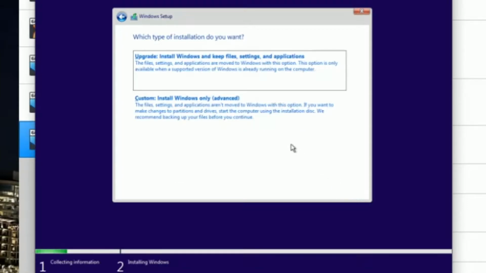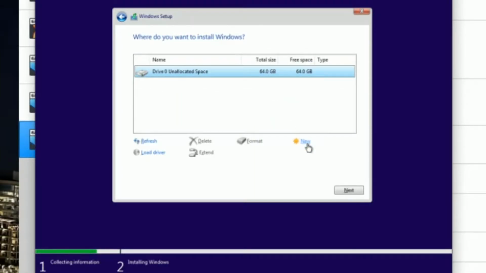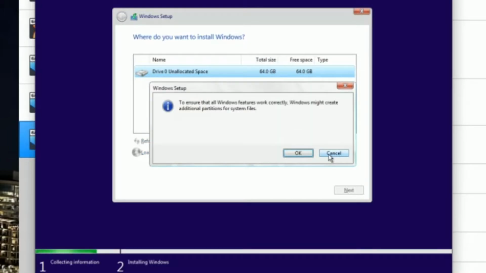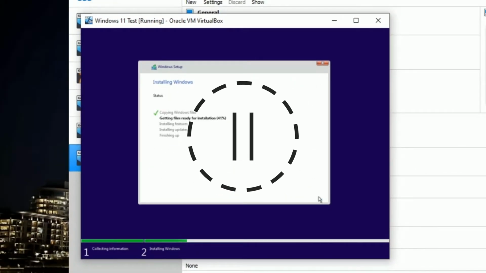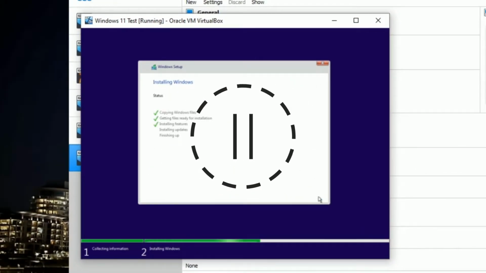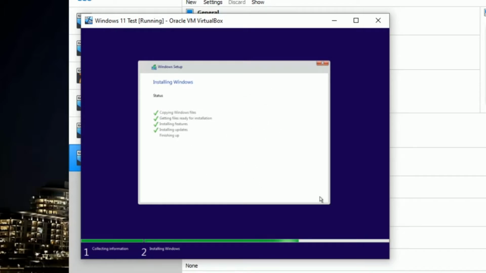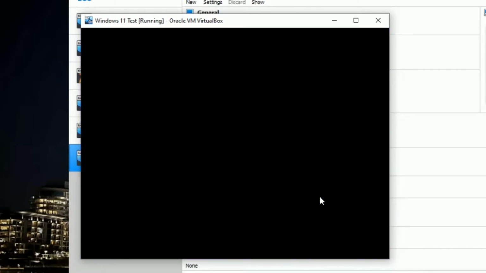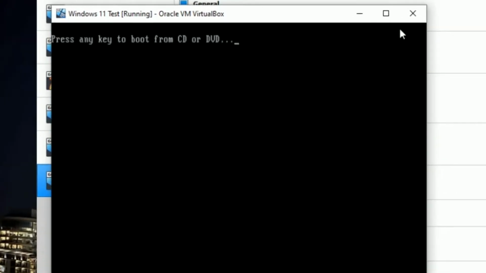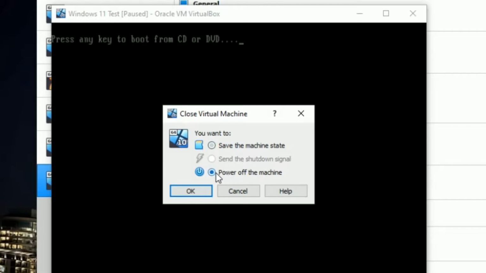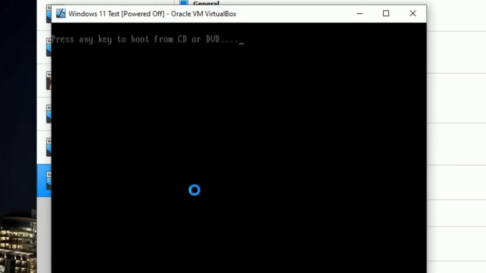Then we'll click the second option, Custom Install Windows. You'll see the hard disk you set up earlier. We'll go ahead and click New, set it to the maximum size, Apply, and OK. Click Next. And then just a few minutes here while that installs. It may take a little bit longer depending on your disk speed and things like that, processor. We'll go ahead and restart after that. And then this is where we've got the important step coming up here. We're going to want to turn off the virtual machine by pressing the X in the top right corner and then power off the machine. Make sure it's power off, not save system state.